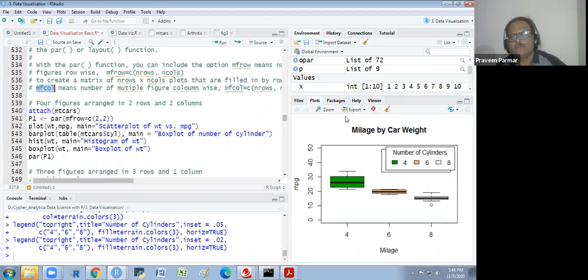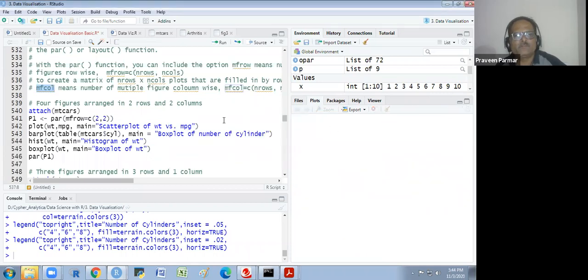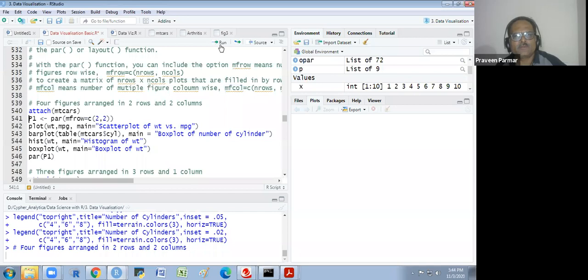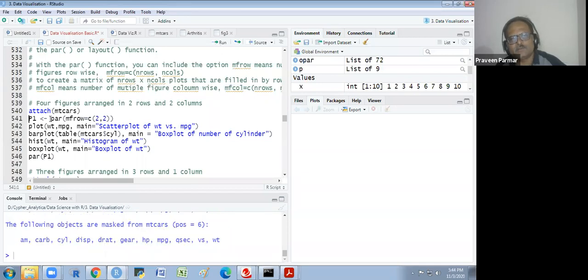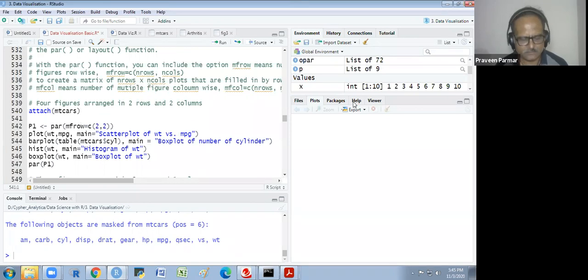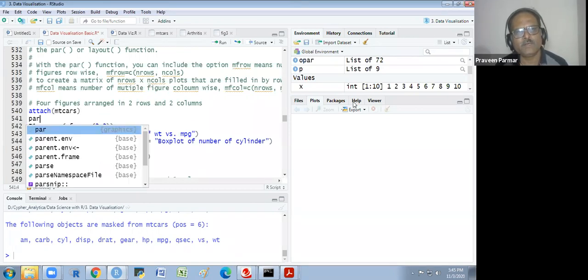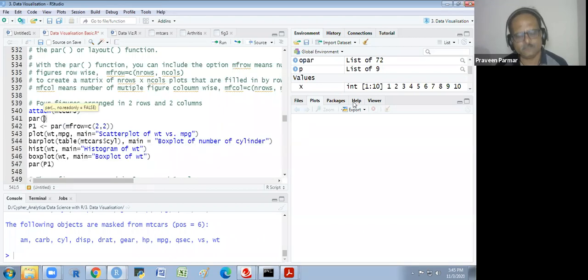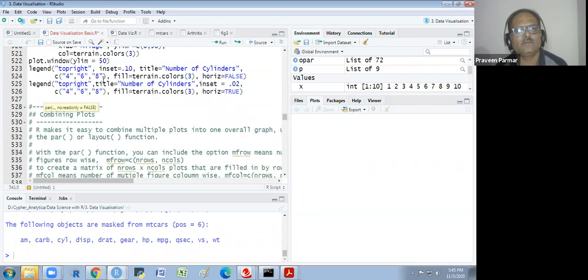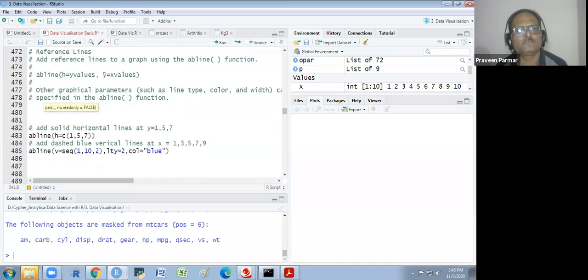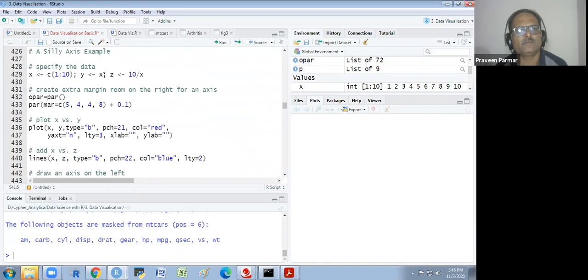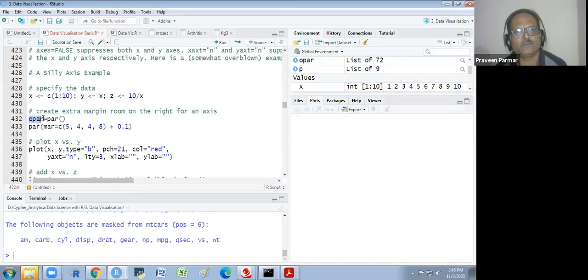So I remove this and I attach the empty cars again. And this is my p1 parameter. So before that, I would like to use par. What we have taken there, opar previously, O capital? Yes, opar small.